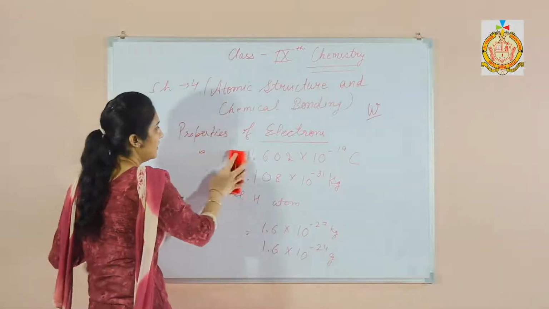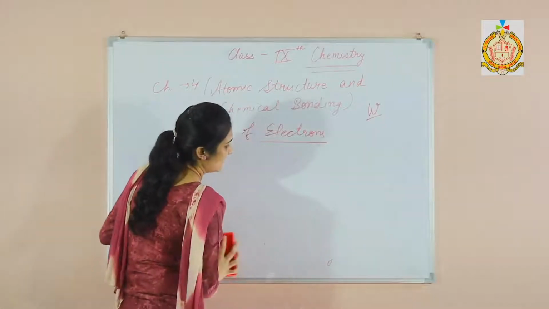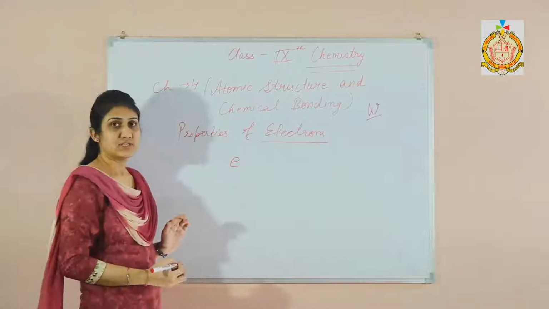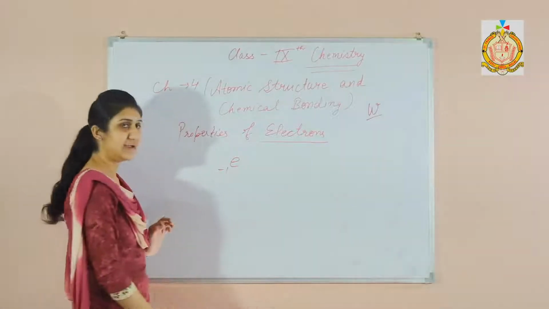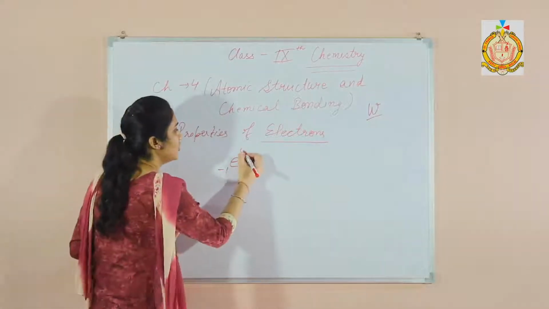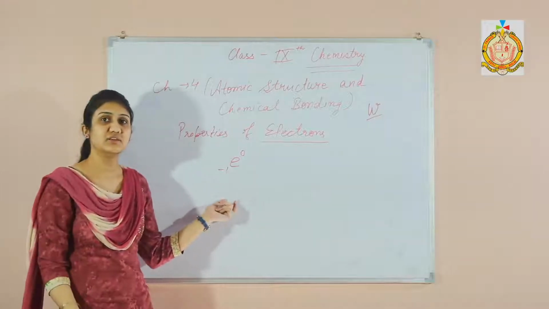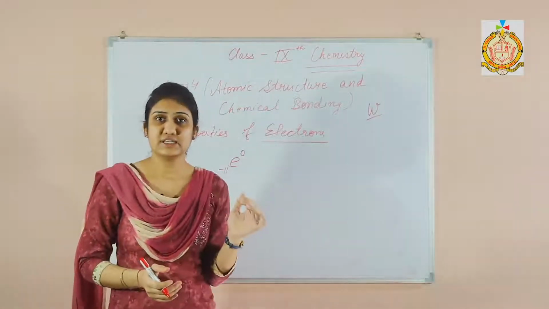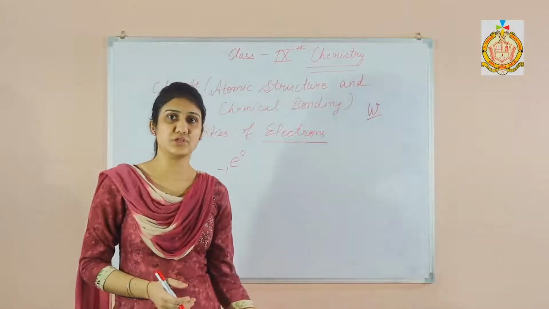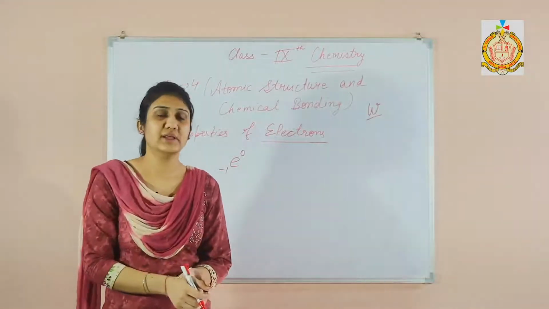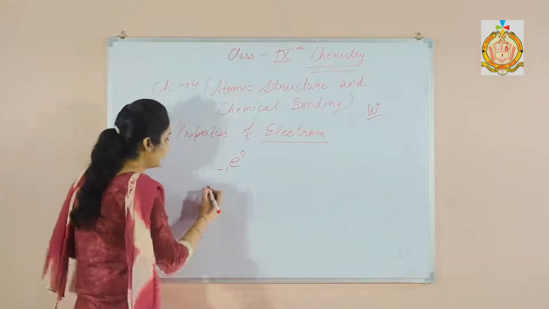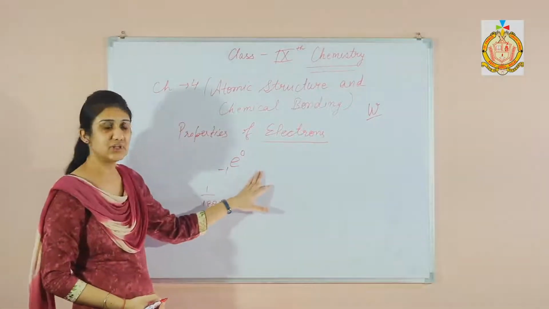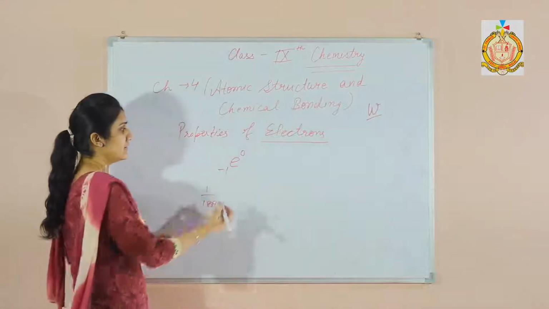Electron is carrying a negative charge and is denoted by small e, subscript minus 1 and superscript 0, because the mass of the electron is negligible, as it is 1 upon 1837th of the mass of hydrogen. Hydrogen mass is very small and it is being divided by this number. So the mass of the electron is negligible, so we denote the electron as this one.